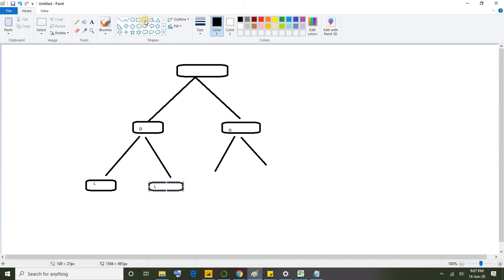Now just assume it is still under a decision node. If it is still under a decision node, we can expect further split until it reaches a terminal or leaf node. Just assume it has reached a leaf node.